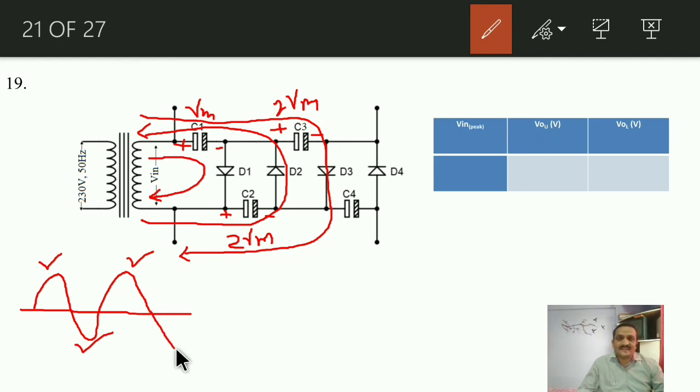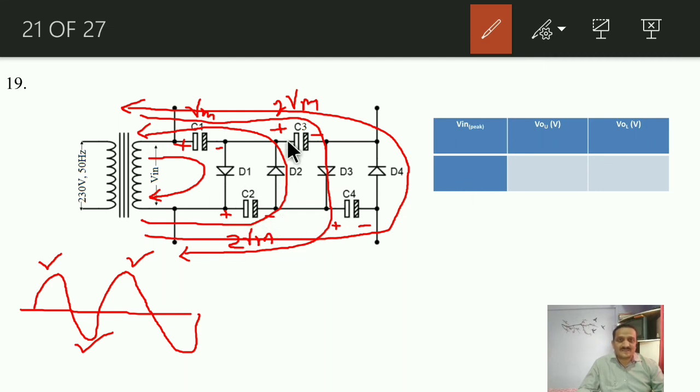Now during the second negative half cycle, again diode D2 will not conduct because its cathode terminal is at plus twice Vm potential, so it will remain reverse bias, and therefore the current will now divert through diode D4 like this, right? And capacitor C4 again will get charged up with the maximum available potential in that path, and the maximum available is twice Vm only, right? Now because this capacitor is also at plus twice Vm, this one is also at plus twice Vm, the energy stored by this C4 will again be twice of Vm, right?